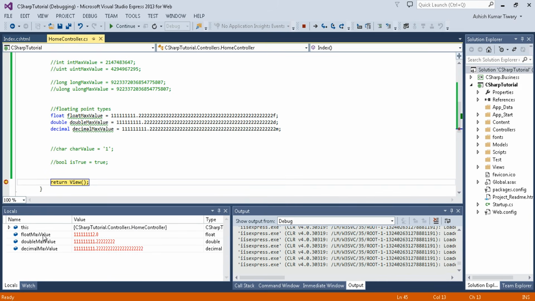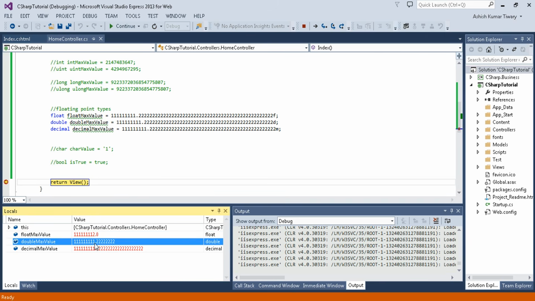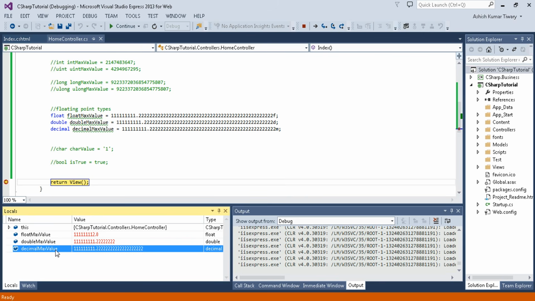Now here you can see the float max value, just it will give you the 111112 and then decimal, and then we have the double will give you double precision, and then we have this decimal max value. So decimal giving you more digits after the decimal, you can see, and this is why it is recommended.